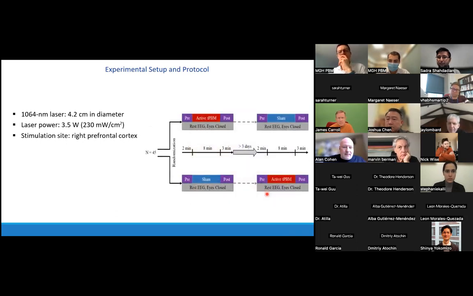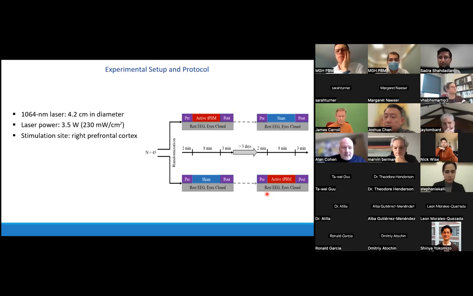The protocol included a sham-controlled study for all subjects. And then in each measurement, we had 2 minutes of pre-stimulation, 8 minutes of active tPBM or sham, and 3 minutes of post-stimulation. In the analysis, I split this 8 minutes of active tPBM or sham in two time segments,